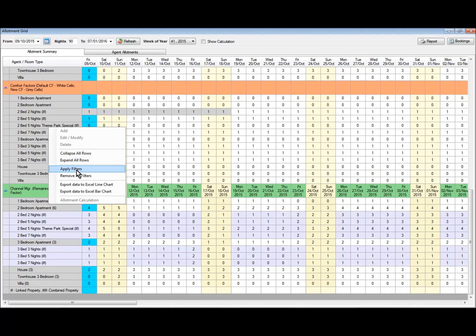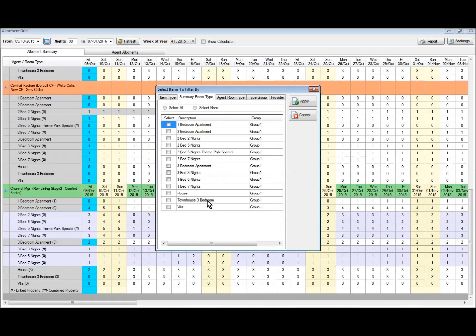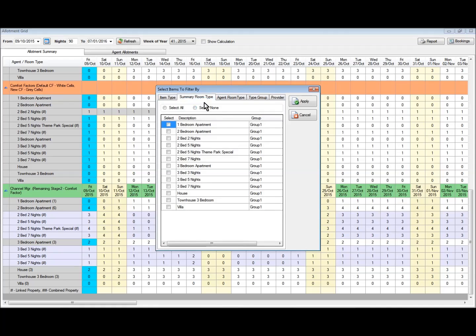If I click into the apply filters option here, we've got a number of different ways of applying the filters. We can do it by item type, so the headers on the left hand side. We can do it by room type, we can see there. We can do it by agent room type if they're applicable, groups when they're available, or provider IDs. I'm going to do mine by room type here. So what I really want to see is just my tariff plans or package options for each of the 2-bed and 3-bed apartments I have available. So if I tick to show just these ones here,